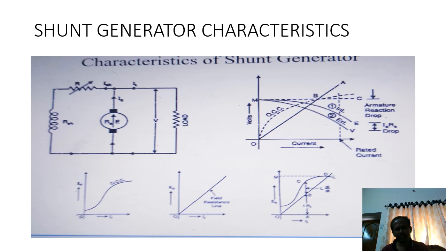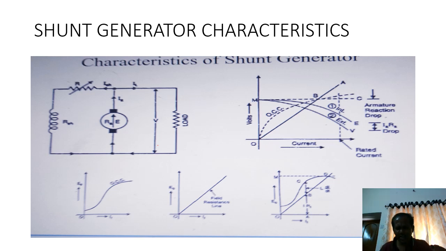Second condition, when load is applied across the two terminals of the armature winding, the terminal voltage across the armature and across the shunt field is the same, but the shunt field current is ISH is equal to V by RSH, and IA is equal to V by RA. These two currents are passed through, IA will be divided into ISH and IL. IL is equal to V by the required load that you are connecting across the two terminals of the shunt generator.